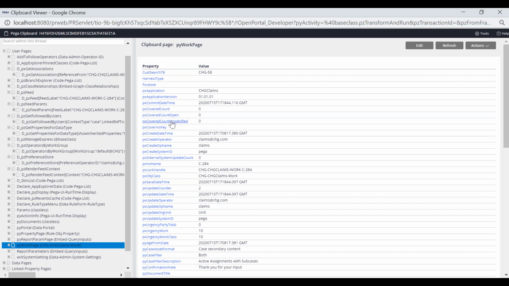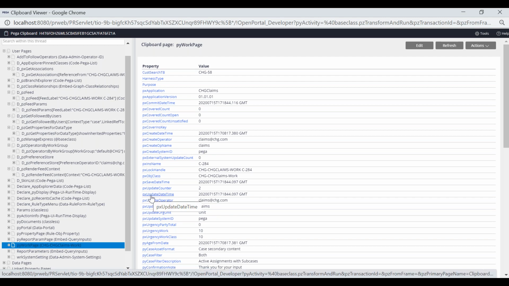There we'll be using this property only. So these are all the OOTB properties. If you want to use this property for display purposes, we can use it, but we can never edit it. So that is the importance of px properties.